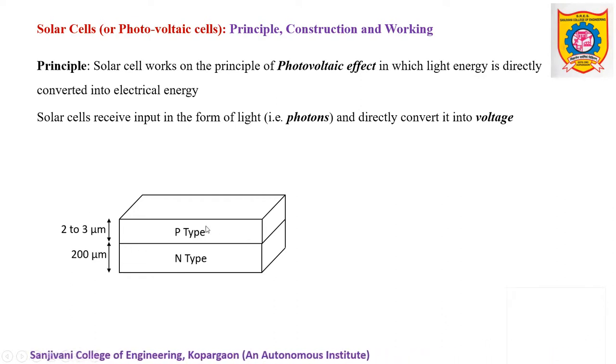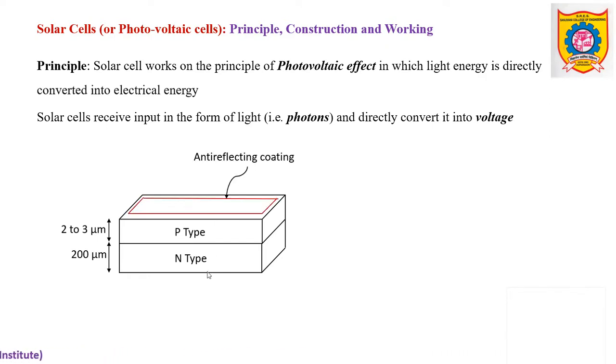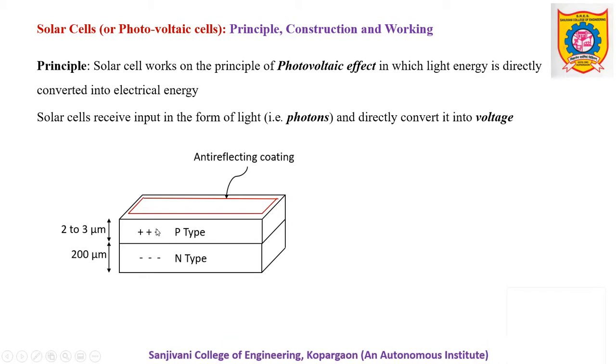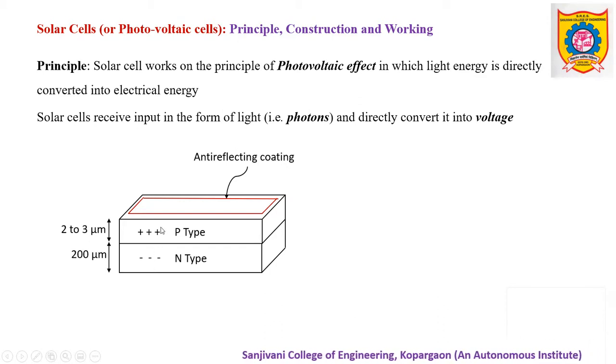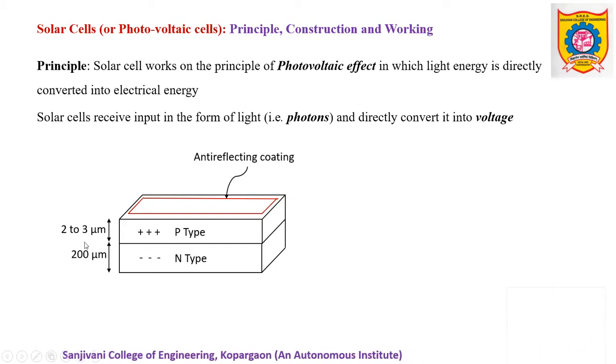We know very well, when such a junction is formed, in the P region there are majority charge carriers as holes, and majority charge carriers are electrons in the N region. So when the junction is formed, initially these holes diffuse from the P region to the N region and electrons diffuse from the N region to the P region. That means whenever they move across the region, they recombine with the opposite charge carriers, and this way a charge-free layer is developed across the junction that is called the depletion layer.